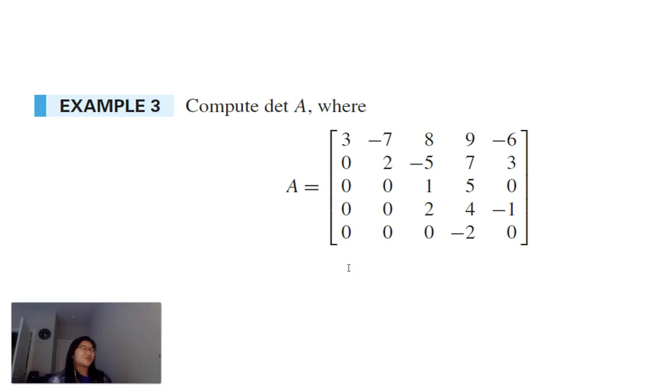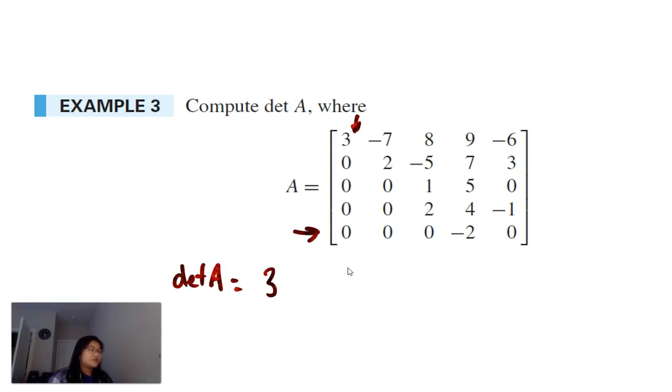Bummer. It's almost upper triangular, but it's not quite. So what are we going to get? Well, it actually seems like either column 1 or row 5 would be optimal for us to deal with. And since I just don't feel like going across here, we'll just try going down here. So we have the determinant of A